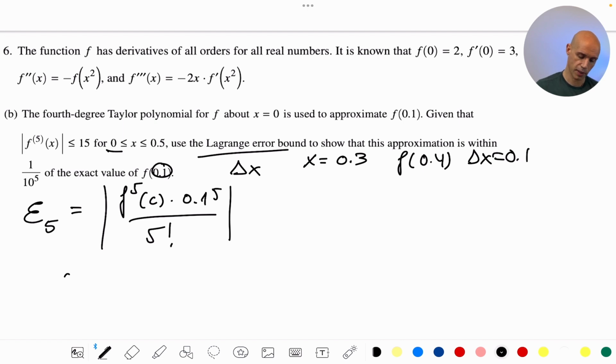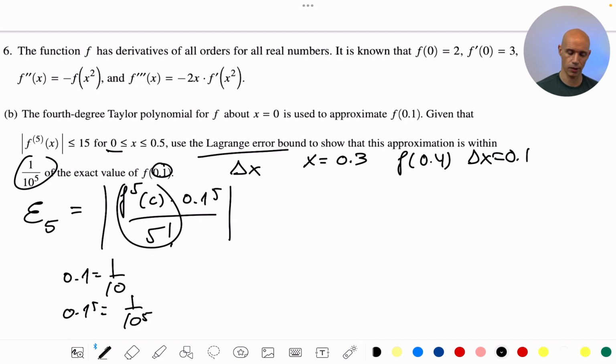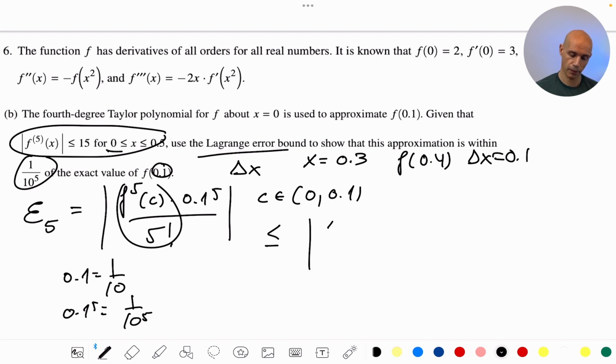Okay, now notice that 0.1 is nothing but 1 divided by 10. So we have to get something close to this expression. So that's why we do this. 0.1 to the power of 5 is going to be this. So basically, if we can neglect this, we're good. Now, how much is f5 of c? c is a point that lies between 0 and 0.1. We don't know which one, but we have this thing that it's always less or equal to 15, even for a larger interval. So this is going to be less or equal than 15 times 1/10 to the 5,